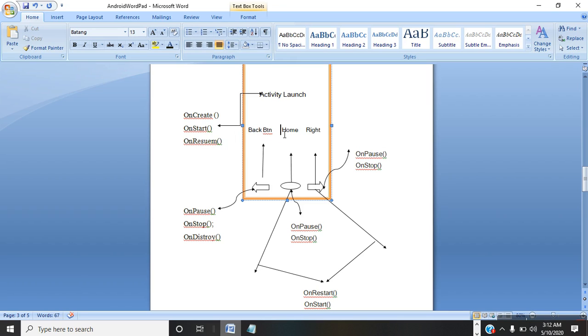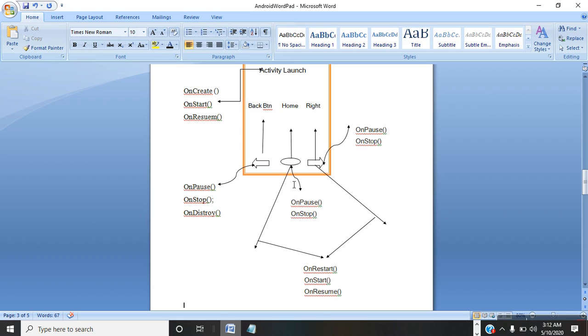So next is the home button. Whenever you press the home button, there are two methods that execute internally in any Android activity on the background side: onPause and onStop. And when you press the home button again, there are three methods: onRestart, onStart, onResume. So the first time, two methods execute, onPause, onStop. The second time, three methods execute: onRestart, onStart,